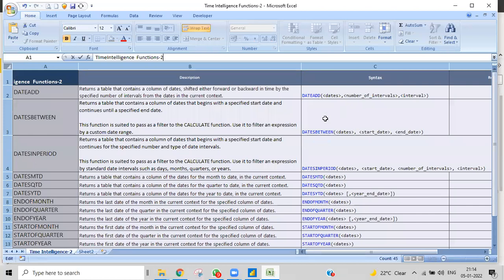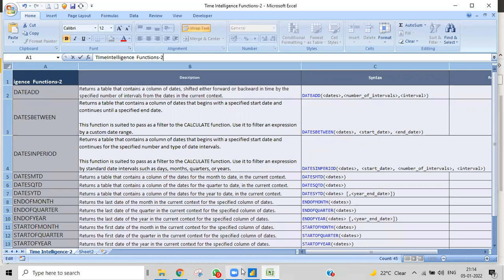DATESBETWEEN means it will calculate for all the dates between the start date and end date, whatever the dates are.